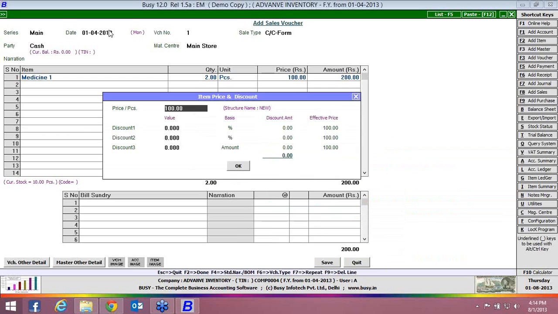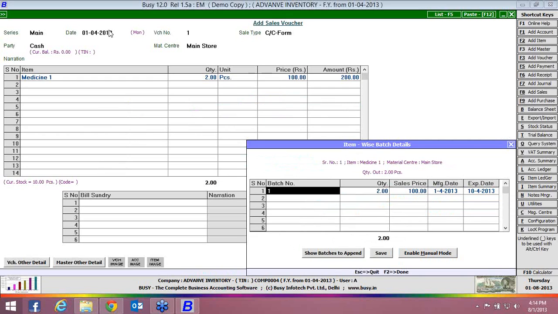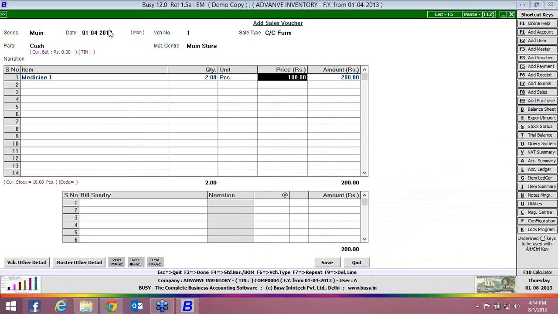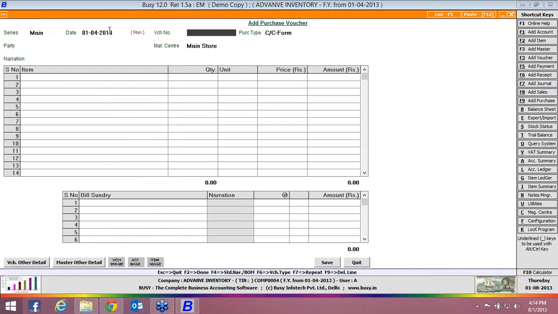You can see that. Come to the batch window again. So this is the adjustment mode, and quantity out, sale price, manufacturing expiry date, everything is picked automatically here when you select that particular batch. When you come to the purchase again,